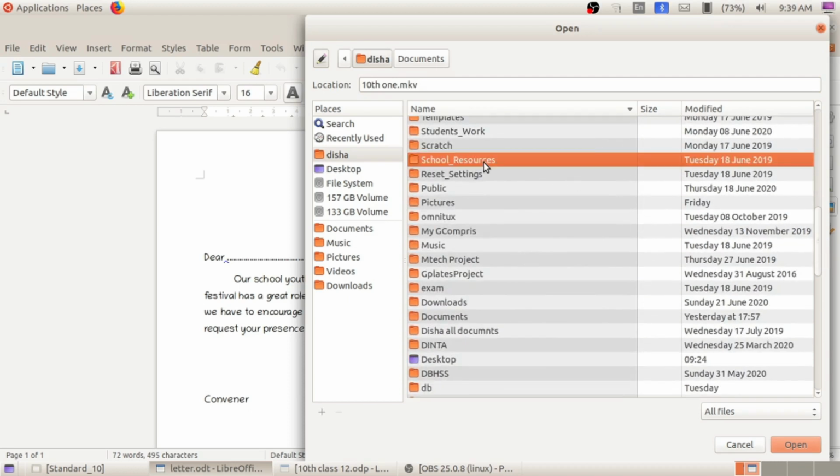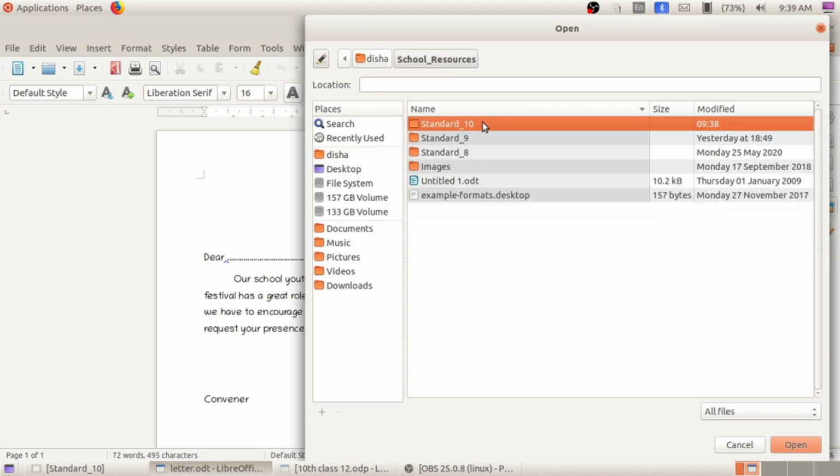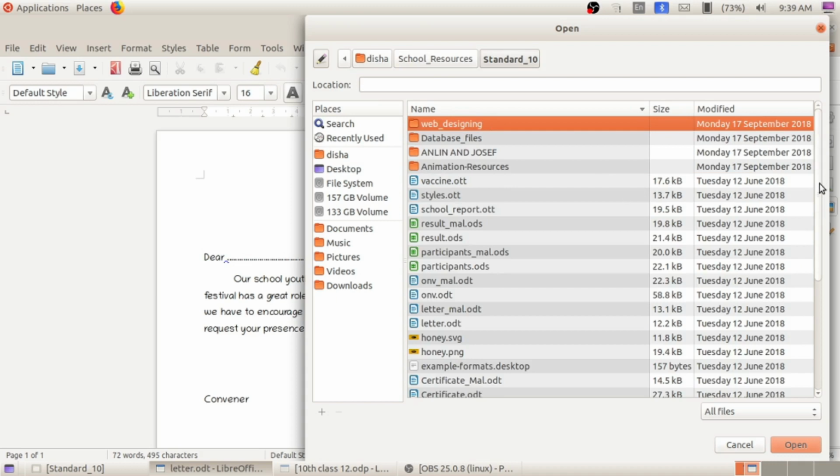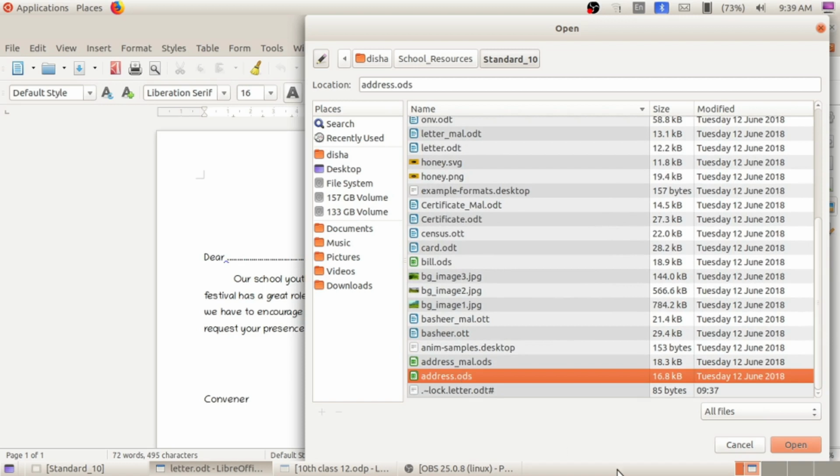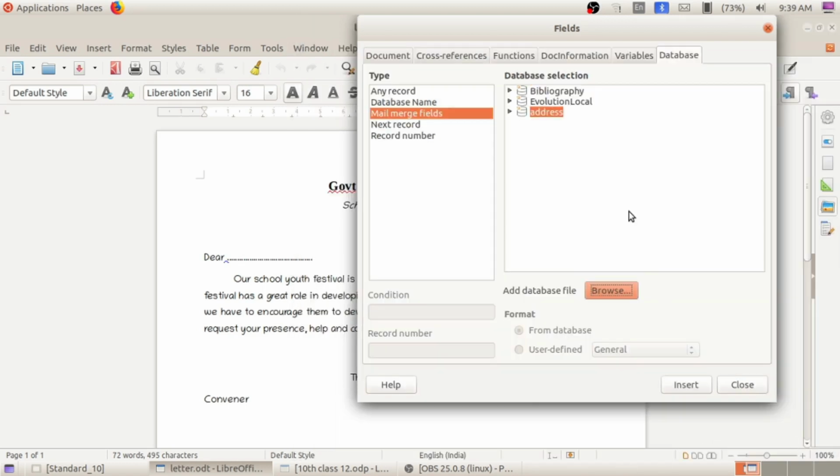Open school resources standard 10. Here we can see address.ods. Open, so that you can see the address which we prepared in Calc software as being active.